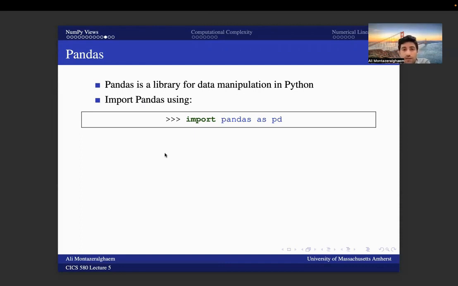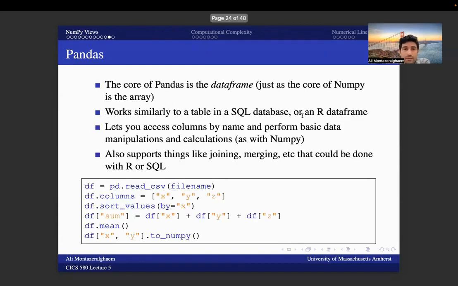So if you want to import it, you just need to add this line to your code, such as with Numpy: import pandas as pd. And let's see some examples in pandas, but I will not talk too much about pandas, but that would be a good introduction. If you are interested, you can find some more resources for that on the web, but the core of pandas is the data frame,